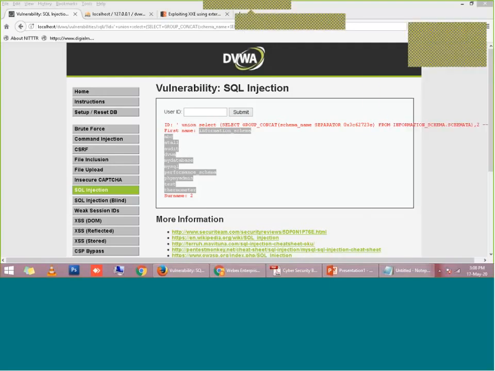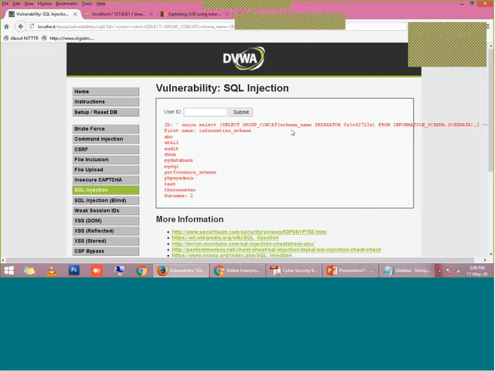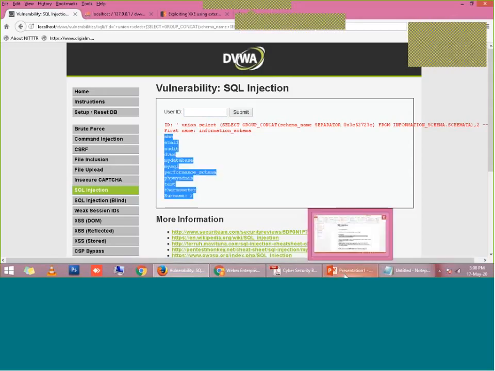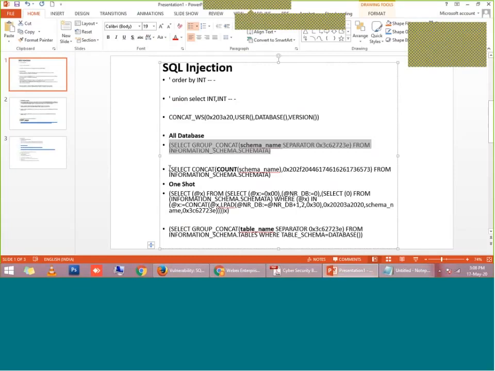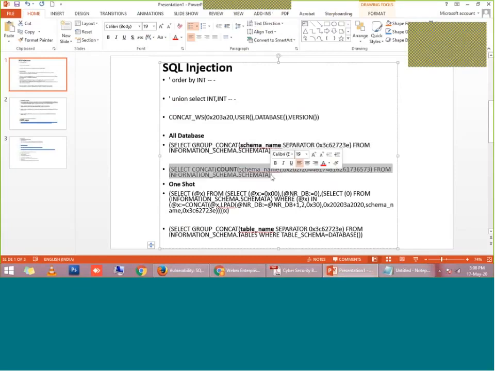Now the next payload which I am going to perform. You have seen that by using this SQL payload attack, I am able to see the database names. The next payload I am going to demonstrate is called count database.